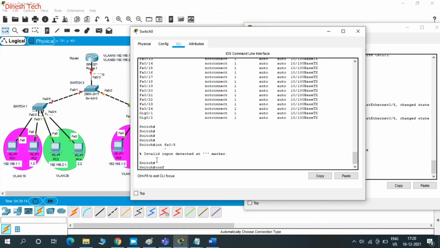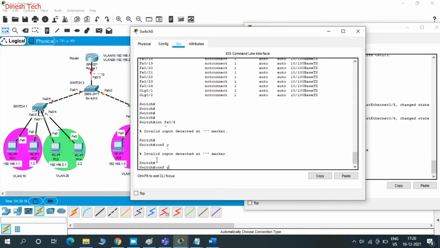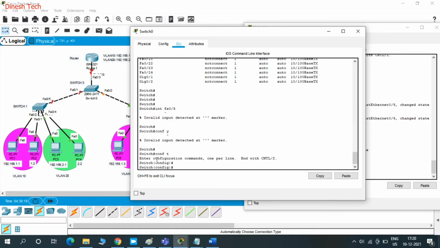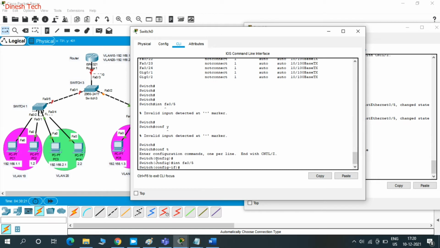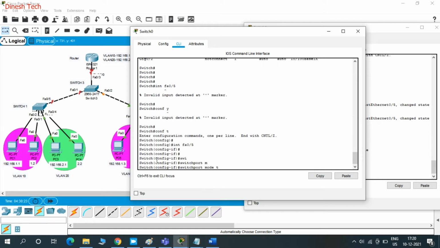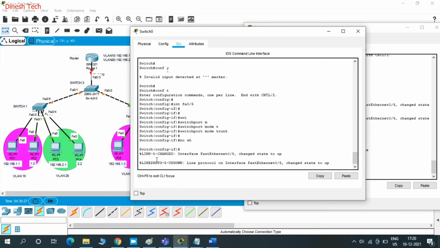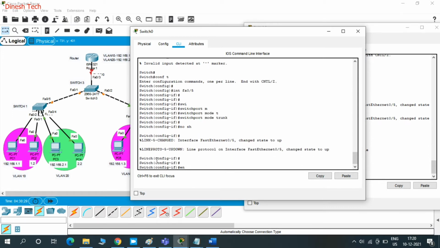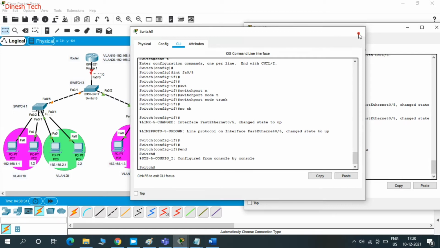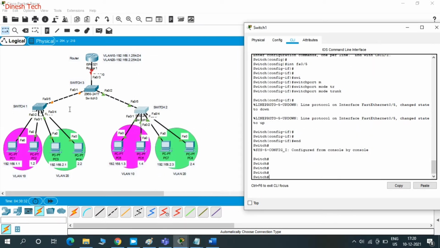So config t, interface FA0/5, switchport mode trunk, no shut. Now we have completed both access switch configurations, switch 1 and switch 2.